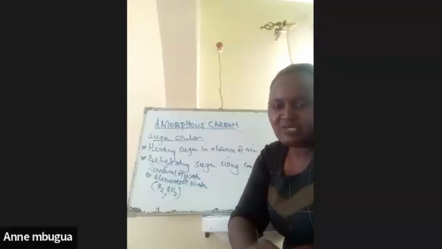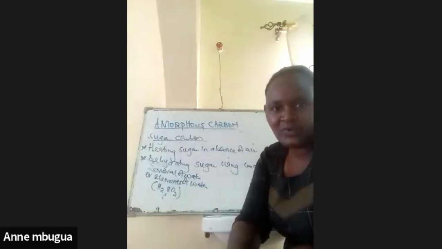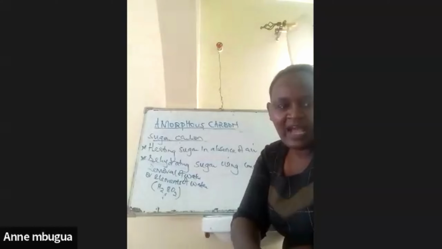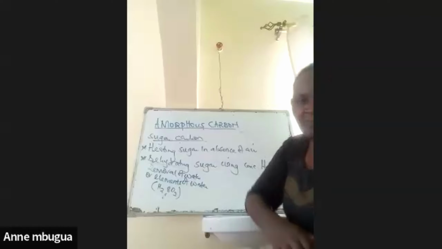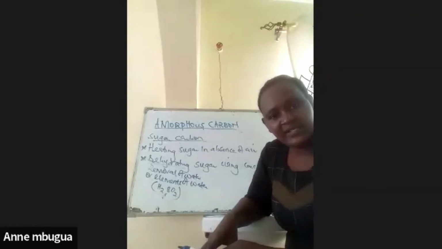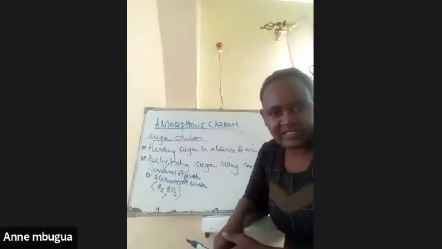There are many, we may not finish all of them, but allow me to just discuss the ones that I'll be able to. The use of animal charcoal: it is used commercially to decolorize sugar, to turn it from brown to white. So if there's no other question on the areas that I've discussed, kindly allow me to